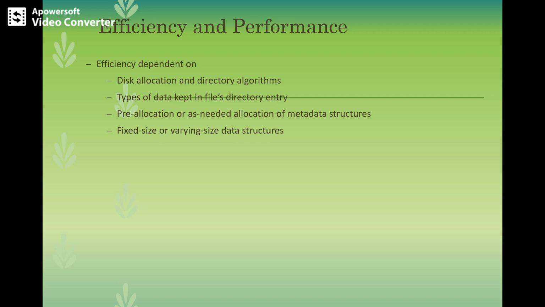For example, Unix inodes are pre-allocated on a partition. So even an empty disk will have a percentage of its space lost to the inodes. The types of data normally kept in the file's directory entry also require consideration. Commonly, the last write date is recorded to supply information to the user and determine whether the file needs to be backed up. So, in the systems, we have got the last access date.